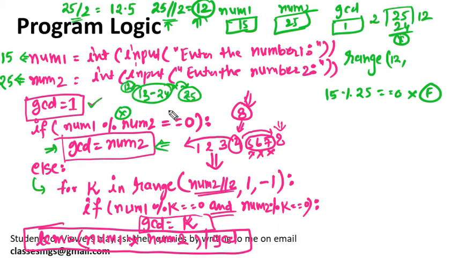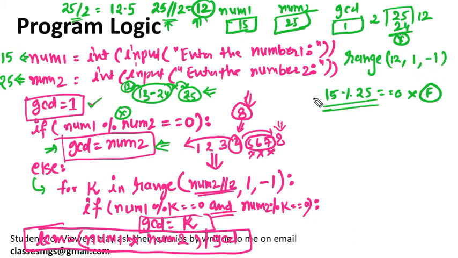Its half, 12. Either 12 will divide, or 10, 11, 6, 7, 5 will divide in that case, because your divisor will always exist from 1 to its half. That concept you should know, otherwise it will be a little bit difficult to understand this line especially. So 12, then minus 1.